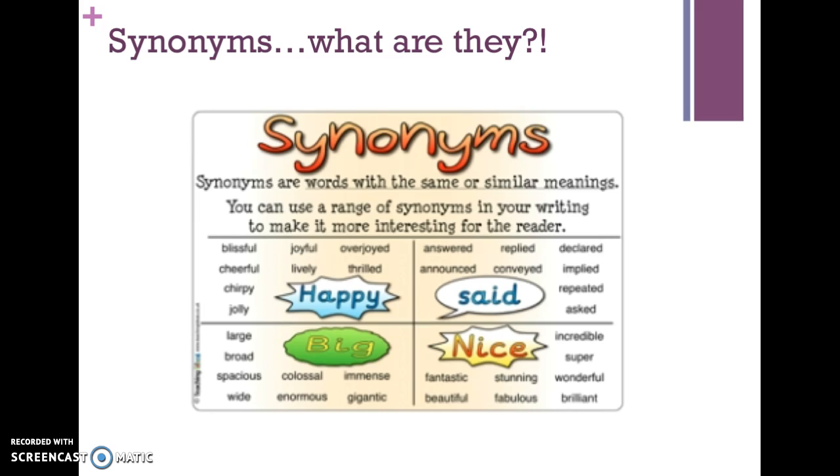So synonyms. Synonyms are words with similar meanings that can be used interchangeably. They're a good way to make sure that your writing doesn't get a little repetitive or boring. For example, instead of saying that something is nice all of the time, you can change it for a word that's a little bit more colorful, such as fantastic, incredible, wonderful, etc. Or if you are using the word nice to describe a person, you could say that they're kind, they're caring,